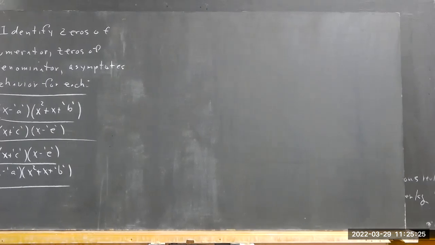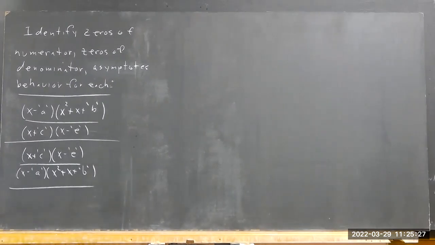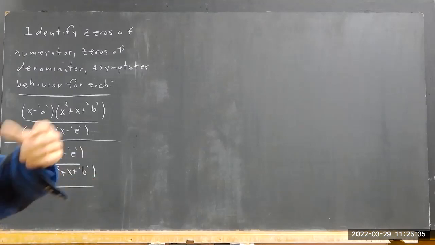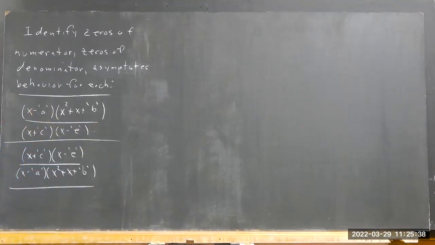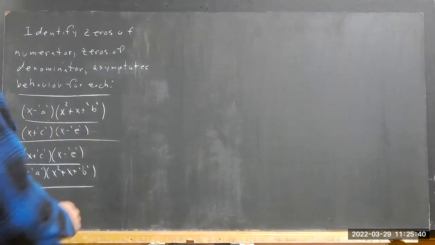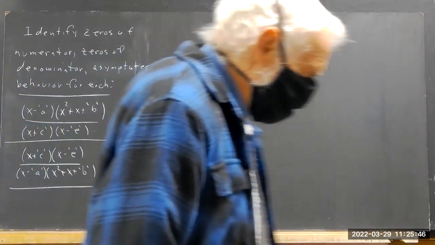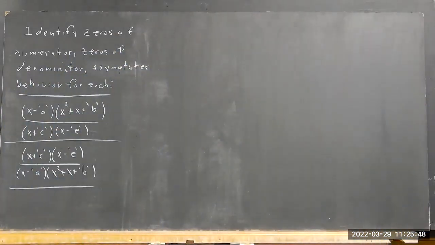Okay, so we have these problems. Identifying the zeros of the numerator, the zeros of the denominator, the asymptotes, and then what's the implication of these things for the graph? Okay, so let's just say the first one. So the first one is